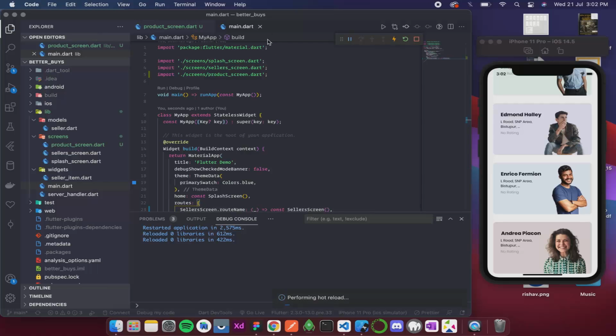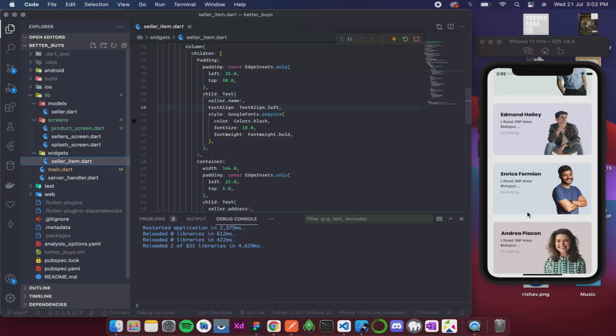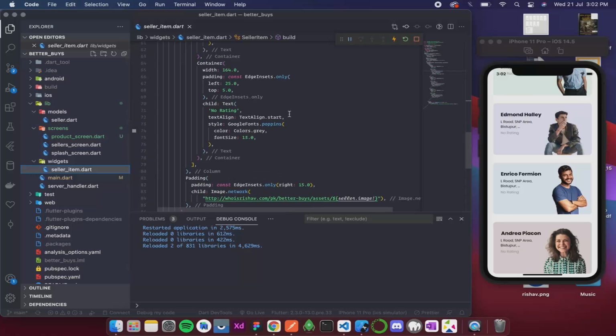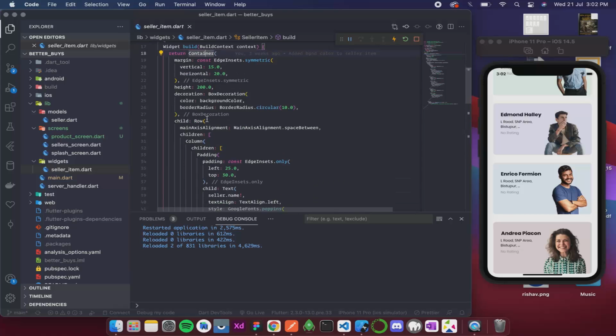Now let's navigate to that screen. For that we will go to our seller item, which is this item. Now if we click on this we should go to the product screen, so I'll go to the container. This is the container, I guess, yes.